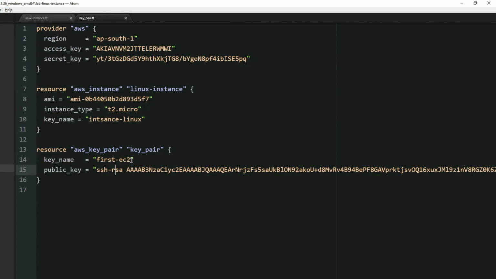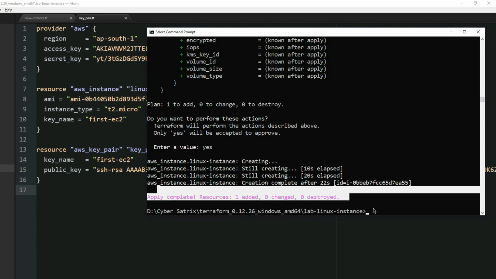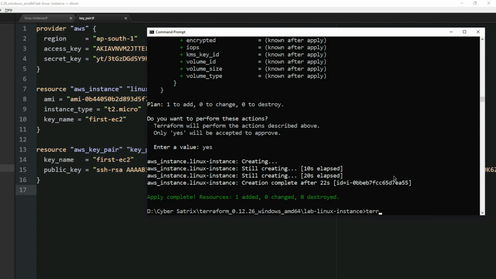So let me copy this whole thing and associate my instance with the key first-EC2, and let me save it.